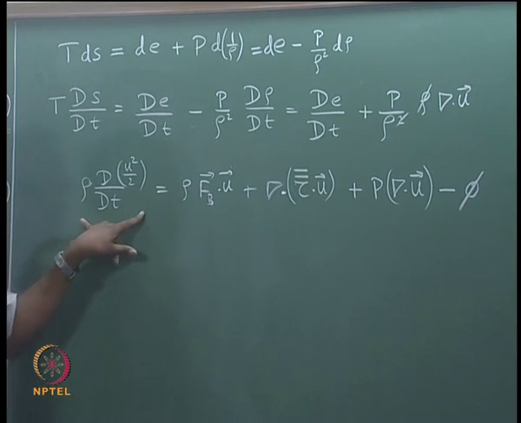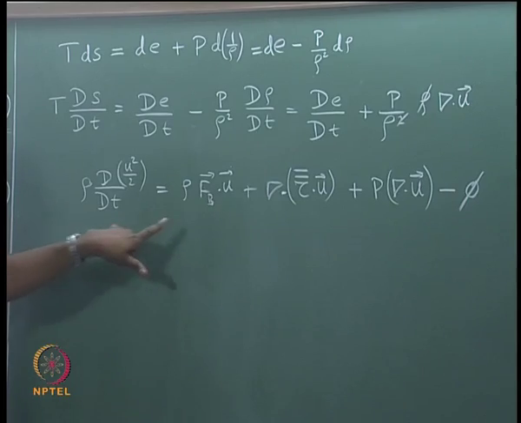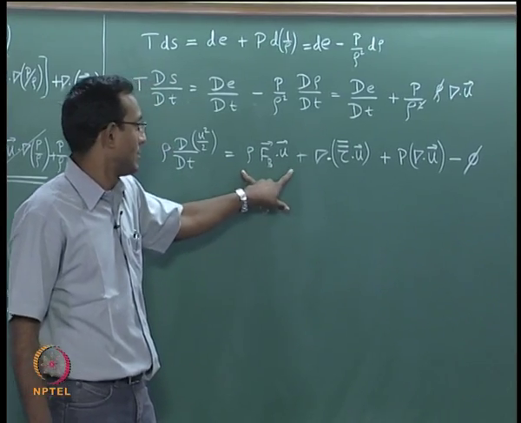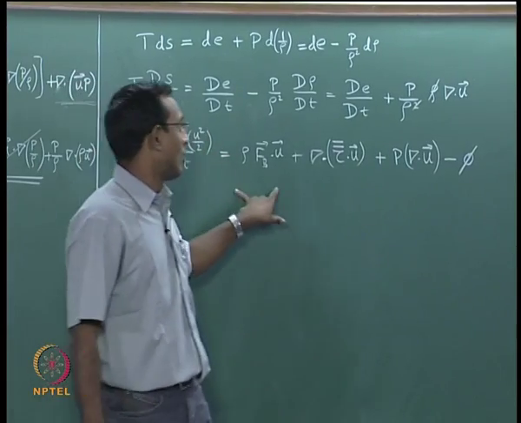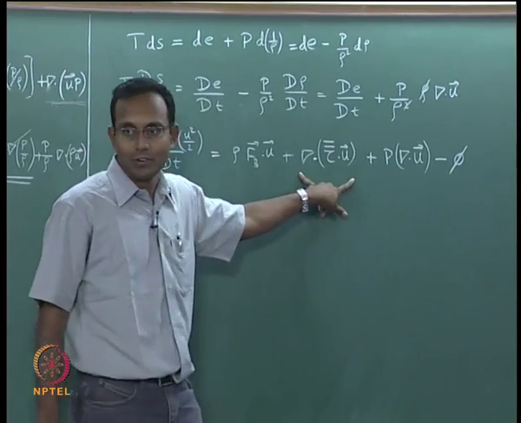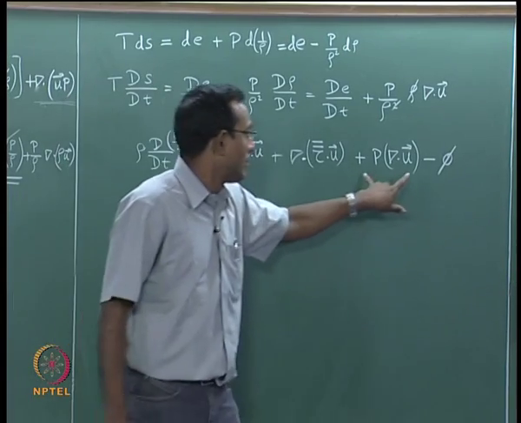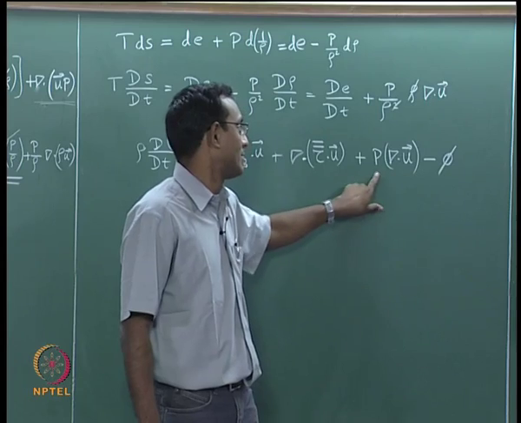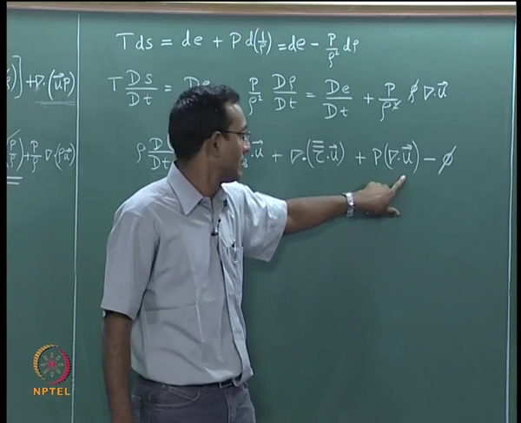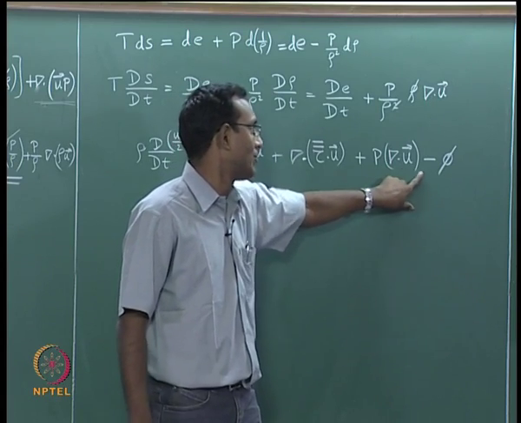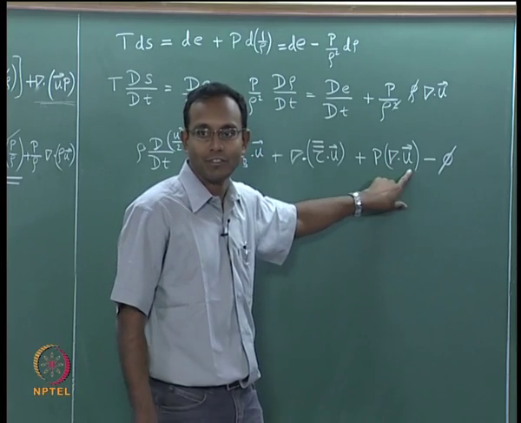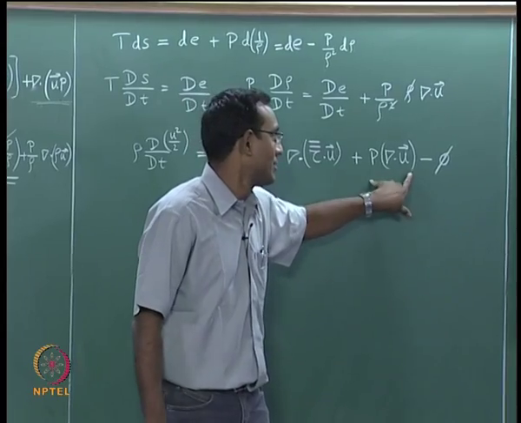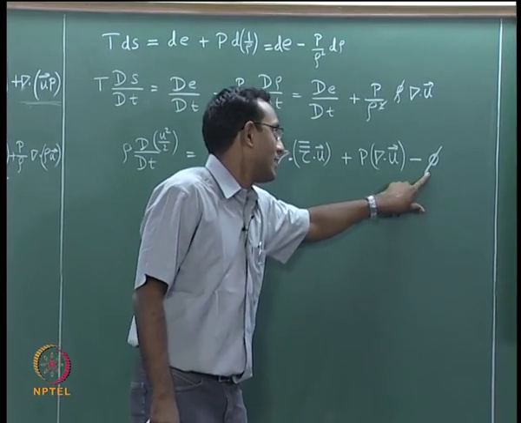What we are finding is kinetic energy change is due to external force doing work on the system, on the particular fluid element, or shear forces doing work on the fluid element, or pressure forces doing work on the fluid element. This is actually pressure work on the fluid element. This is the divergence of the fluid element, the expansion of the fluid element multiplied by the pressure, like P dV work that is forming here, and then this is your energy removed